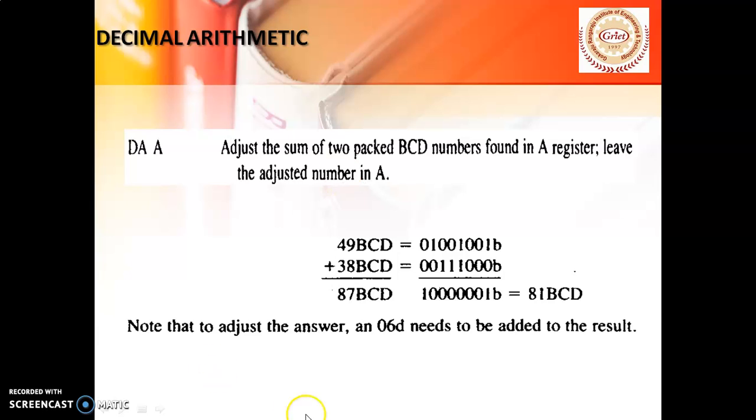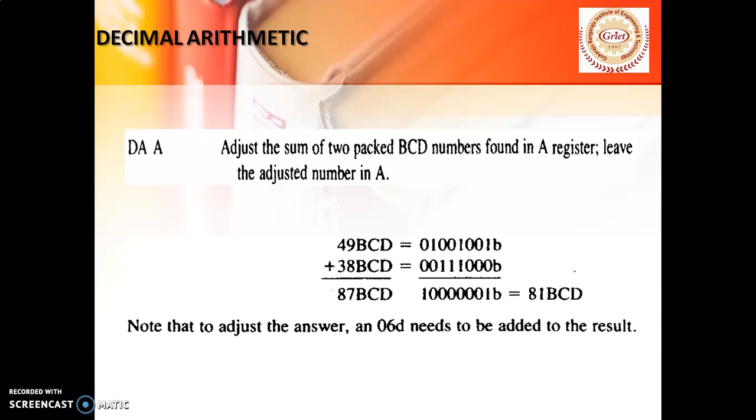Let us take a small example here. Generally we represent each decimal digit as a 4-bit binary code. For example, if I want to add 4 plus 8, how do I represent 4 in BCD? 0100. Coming to 8, how do I represent it in BCD? 1000. When you add these two, you get the result 1100. Obviously, what is 4 plus 8? It is 12. When you add it, you also get 12. But 1100 is valid in straight binary code, and it is invalid in BCD.